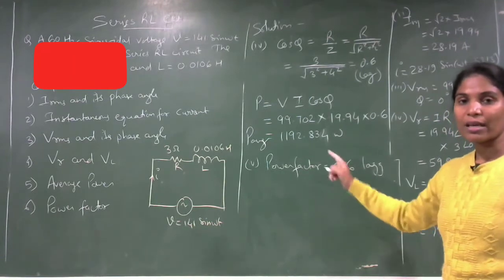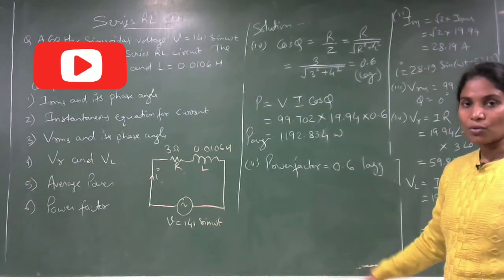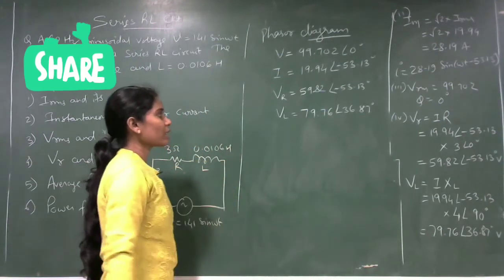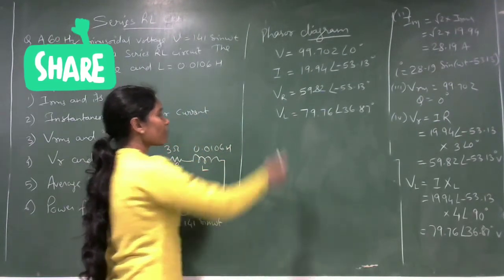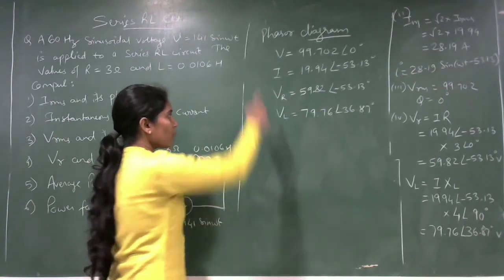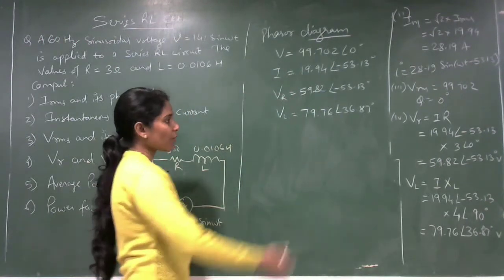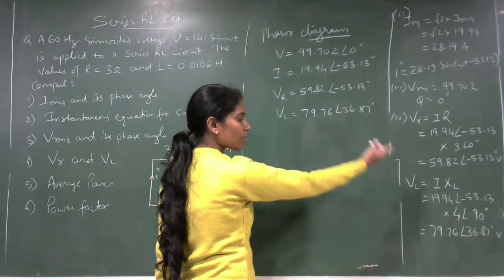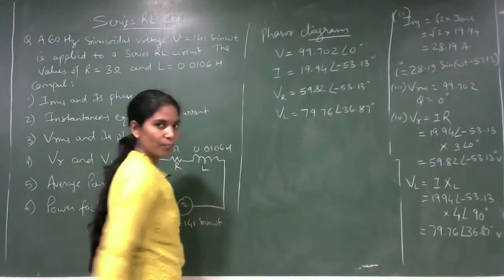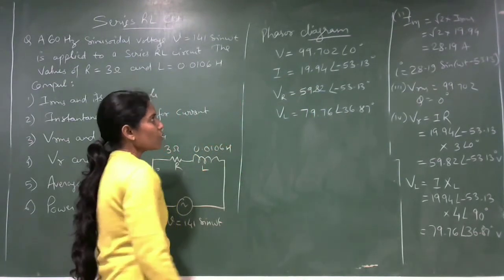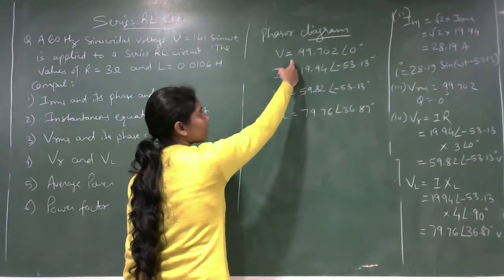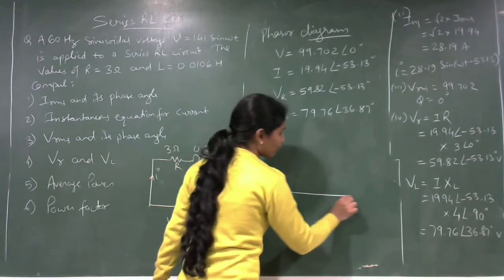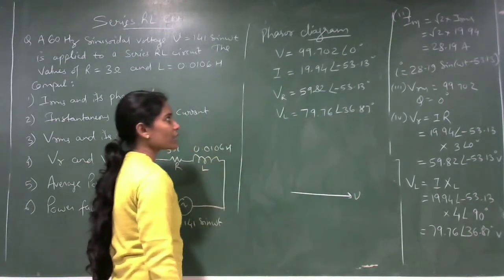Now we can draw the phasor diagram for this circuit. Okay, so how to draw the phasor diagram? I'll show you. So in the phasor diagram we can represent all these four vectors. Voltage and current we have to represent, and whatever else you have calculated can also be represented. Like we have calculated voltage across the resistor and inductor, so we can represent that too in the phasor diagram. Okay, so let's start with the reference value, that is voltage taken as reference because it is at 0 degree. So this will be the voltage phasor.